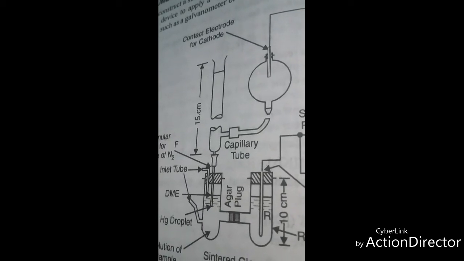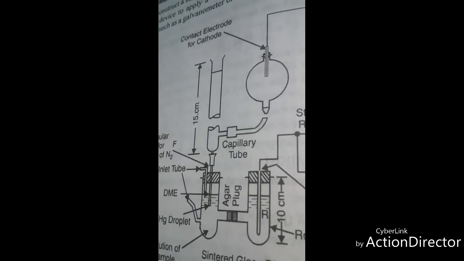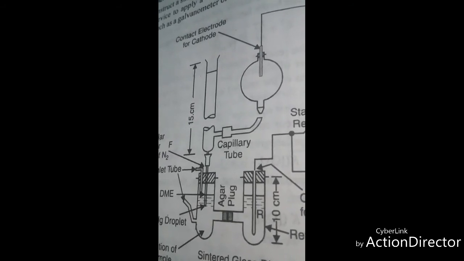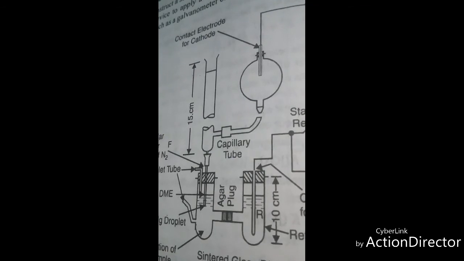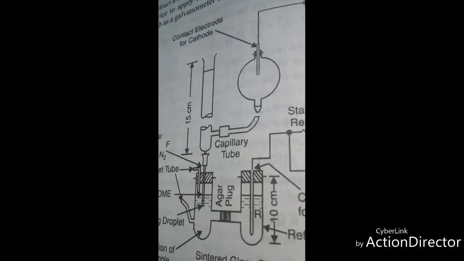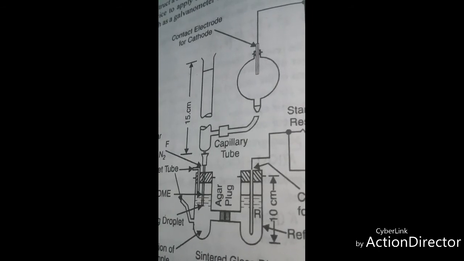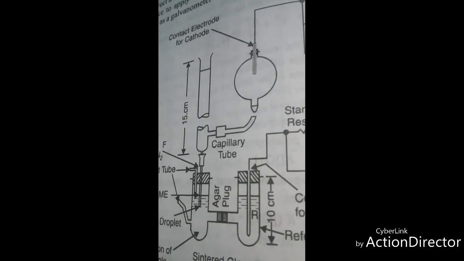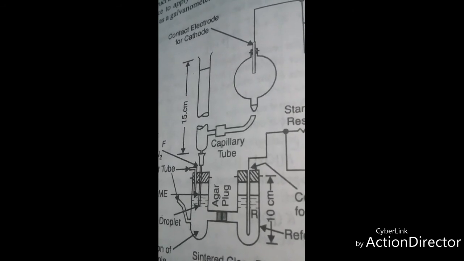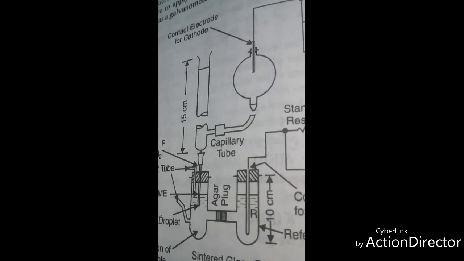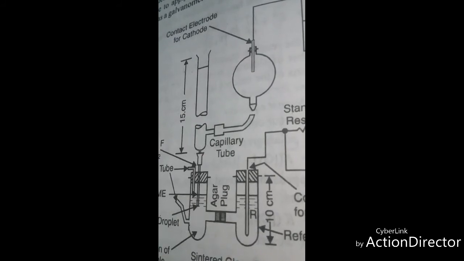So you can see that it is a very important tool both in analytical work and in research work, because it is a very convenient method for measuring the electrode potential and for the study of various electrode reactions in cation anion analysis, in the study of complex formation, and stability constant of a complex. Then it is used in the study of catalytic phenomena. The polarographic method has been used in the analysis of alloys, in the determination of standard potentials and pH value, in the estimation of oxygen gas and water gases in body fluids, and also used in volumetric analysis.